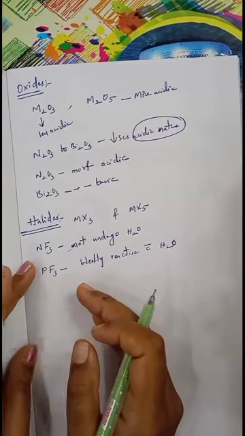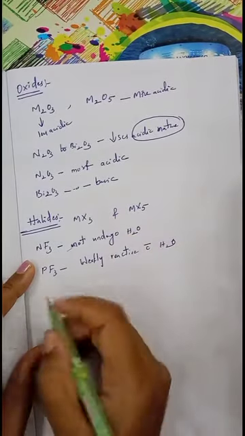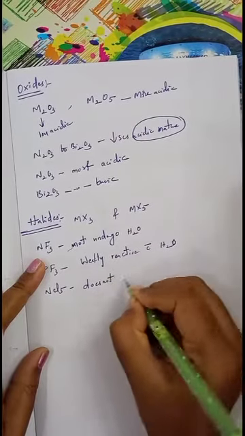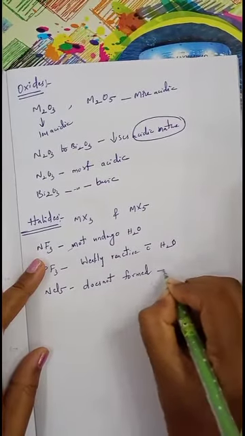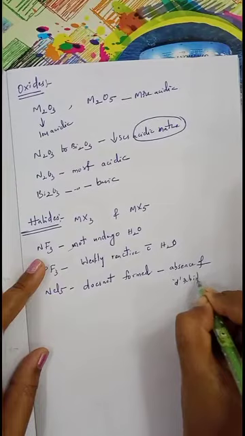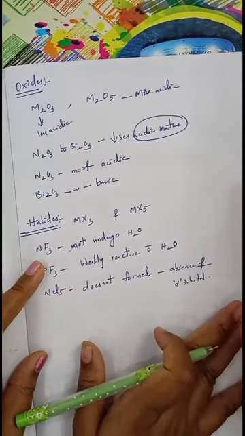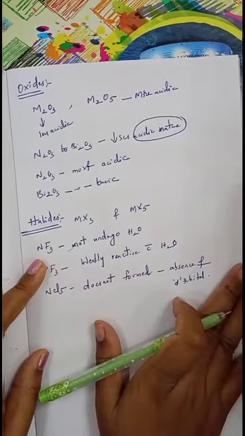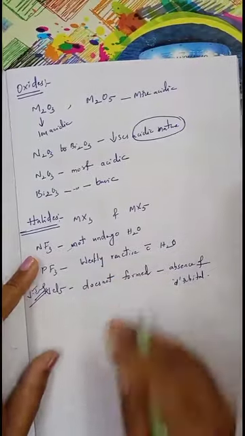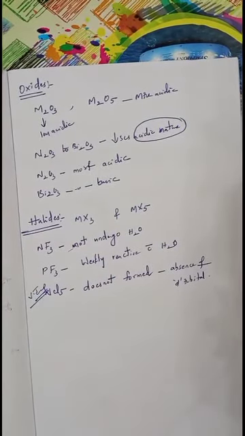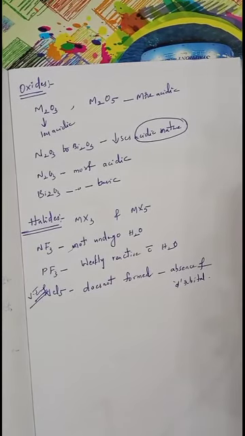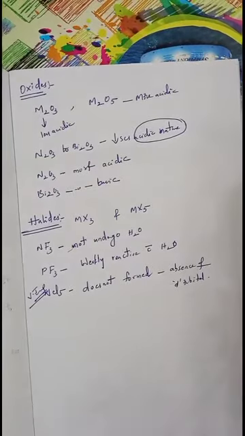So pentachlorides of these group elements can be formed except nitrogen. Nitrogen, NCl5, does not form or cannot exist because of the absence of d orbital. Because of the absence of d orbital, NCl5 does not exist in nature. So you want to keep this in mind. Why does NCl5 not exist? Very important one. Which among the following halides of nitrogen does not exist? NCl5, pentachloride of nitrogen, does not exist because of the absence of d orbitals.